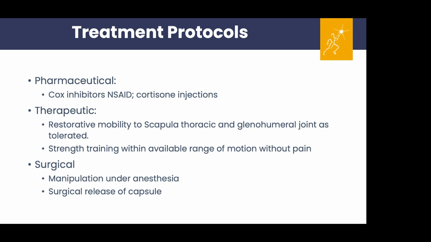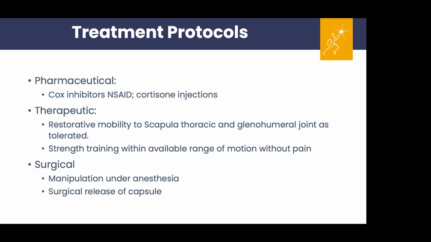Therapeutically, as physical therapists, chiropractors, occupational therapists, we tend to look at restorative mobility, particularly to the scapula and thoracic. And I want to repeat that. So as Pilates teachers, if we're dealing with somebody that is suffering from adhesive capsulitis in the shoulder, we could be thinking a little bit more of, how do we get more movement in the lumbar, thoracic spine, the rib cage? How do we use breathing? How do we get scapulothoracic rhythms and movement, even if we don't have very good movement in the glenohumeral joint